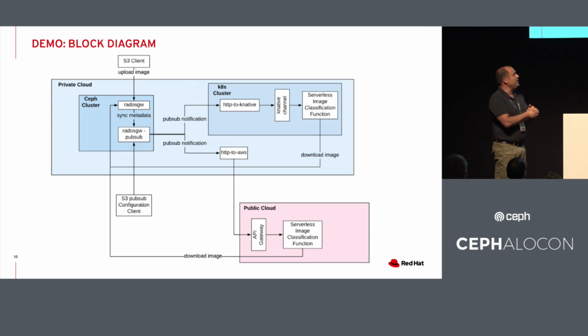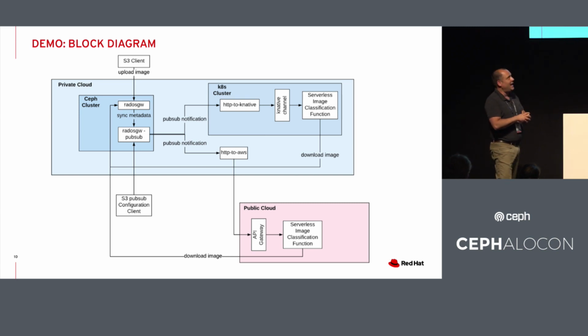In Kubernetes, we're using Knative as the framework. And it has an entry point, and this is this HTTP destination or endpoint that I mentioned before. And this is going to get the notification from this specialized Redis Gateway PubSub entity. And what it's going to do, it's going to put those messages into the Knative channel, which is their common bus. And there's some definition. I'm going to show you the YAML later that's going to invoke the serverless image classification function, our special source